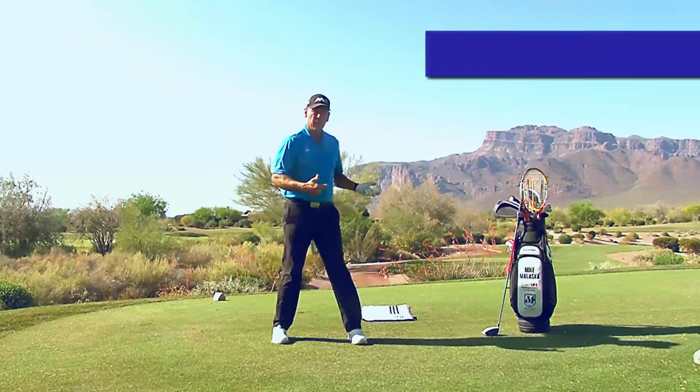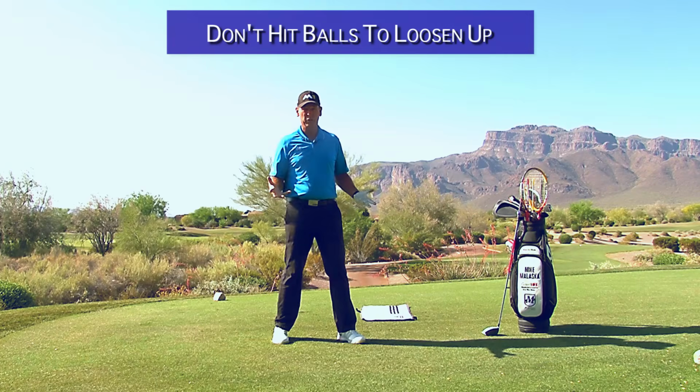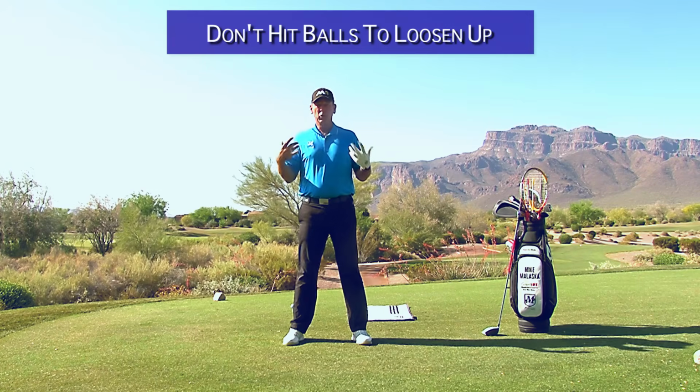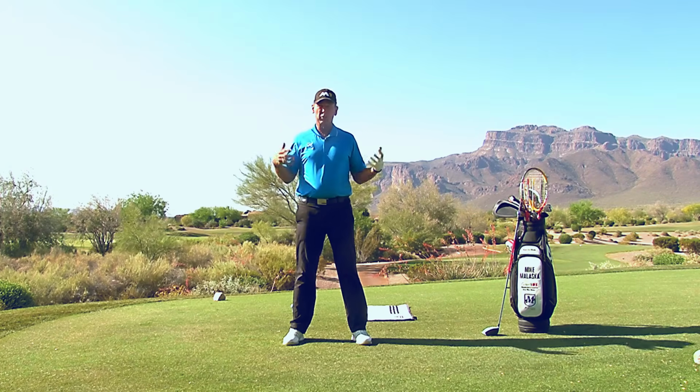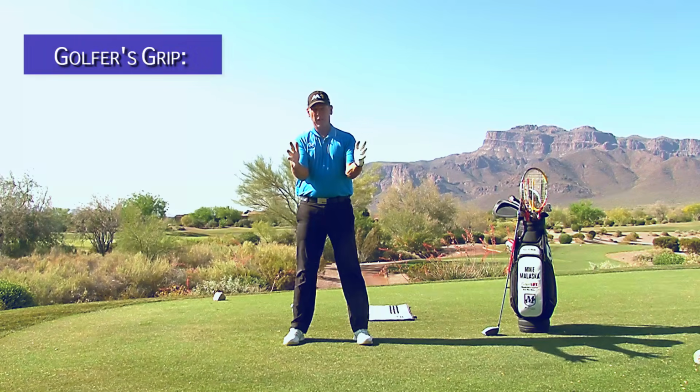When it comes to getting ready to hit a golf ball, the last thing you want to do is use hitting balls as a way to loosen up. So let's go through a loosening up routine before you hit balls. It's also strengthening. So first, we do a golfer's grip, which is where you open your hands